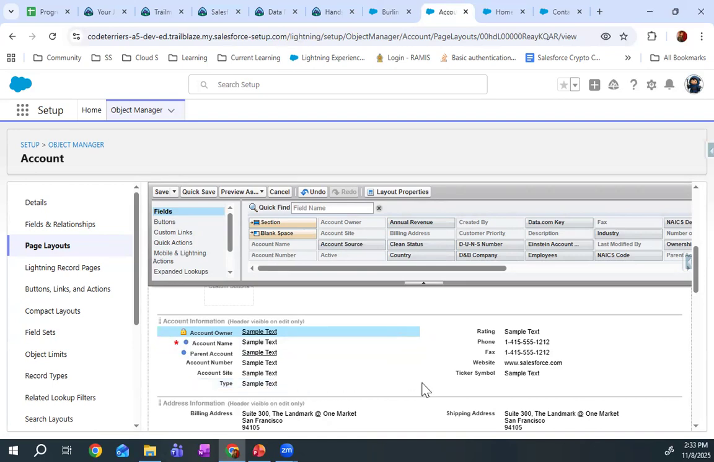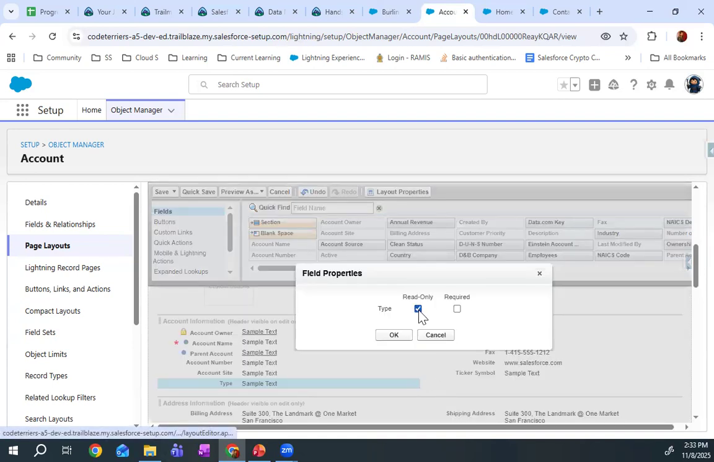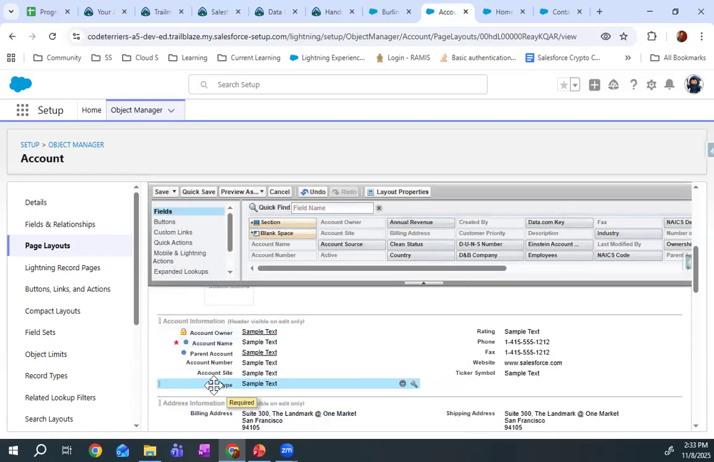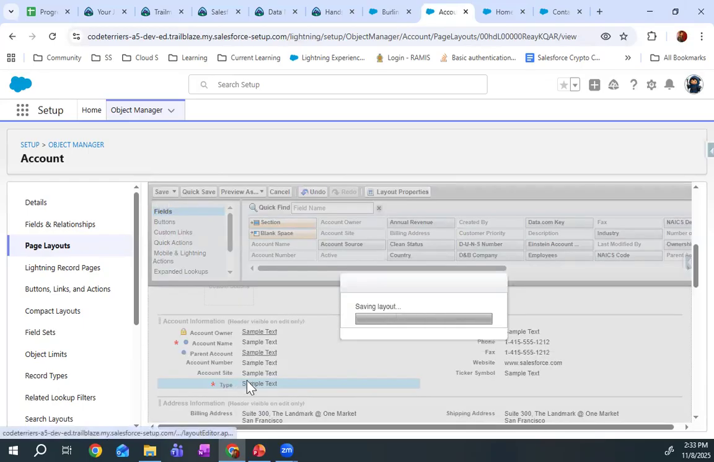Likewise, let's say type. We have read only and required. So if you make it required, you cannot make it read only because that doesn't make any sense, right? Or you can make it required and read only. It will not work. So if I make it required, see now it has a star. If I save it, so type now is a required field